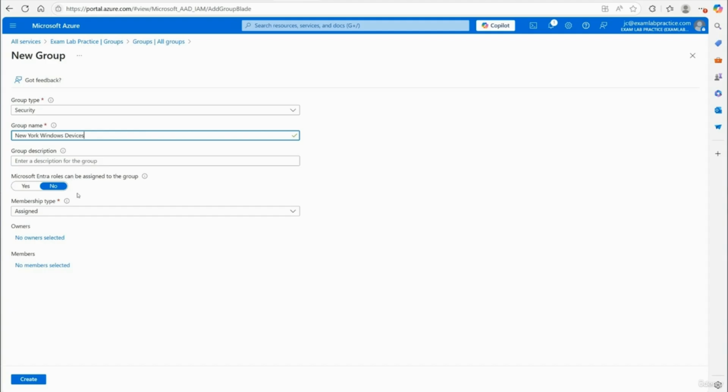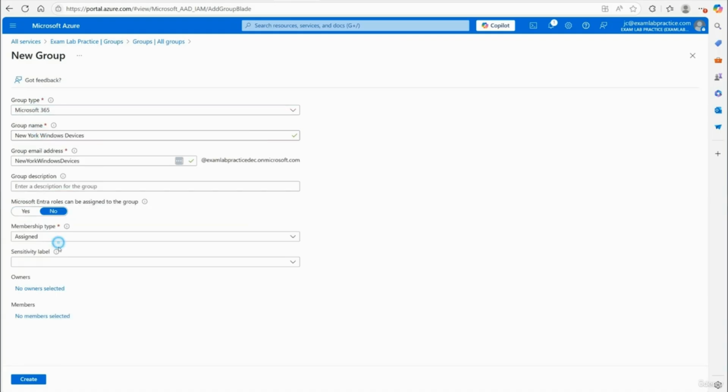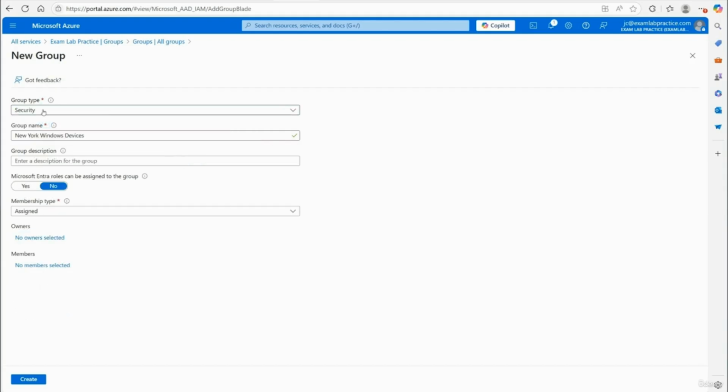Okay. So what we'll do, we'll switch this to, notice we have dynamic device. We didn't have that with Microsoft 365. We just had dynamic user. That's because Microsoft 365 groups cannot contain devices. Very important to remember that. Okay, so we'll go here. We'll set that to dynamic. We can set an owner,